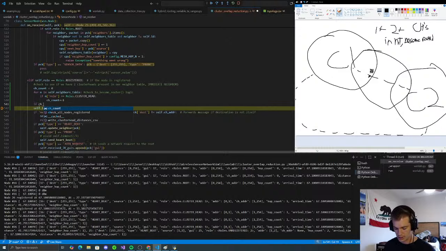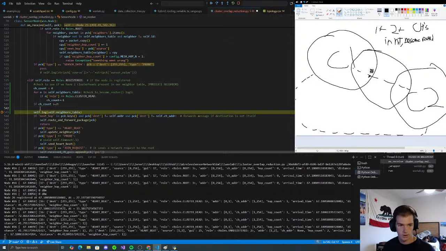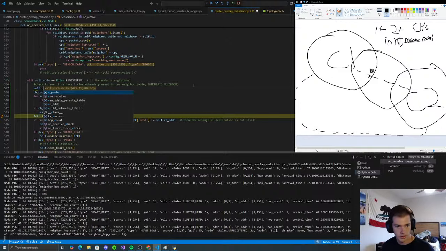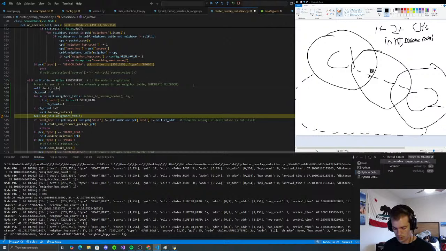If ch count is greater than or equal to 2, then we do self dot become router. So now we can kind of just substitute this with self dot check to become router,